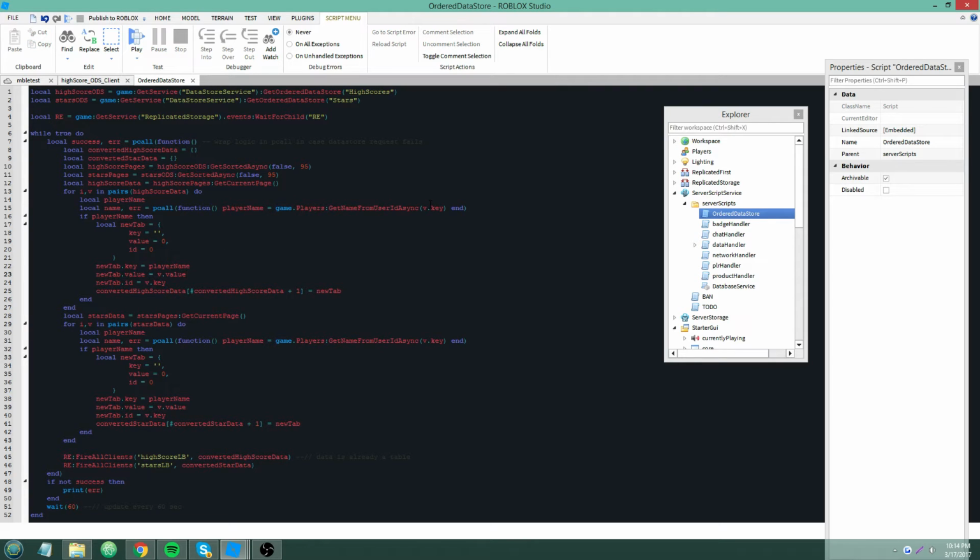The key is just like in a normal data store, it's whatever you want to set it to. Set it to a user ID, that's best practice. I've explained this before, but the key should be their user ID, and then the value is going to be whatever you're saving in that ordered data store, which I'm pretty sure can only be an integer.